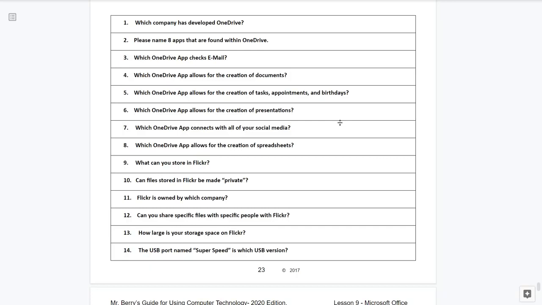Question number 4. Which OneDrive app allows for the creation of documents? Question number 5. Which OneDrive app allows for the creation of tasks, appointments, and birthdays?